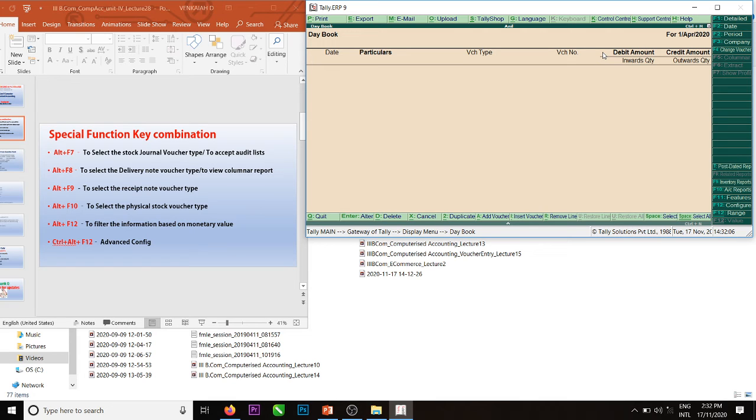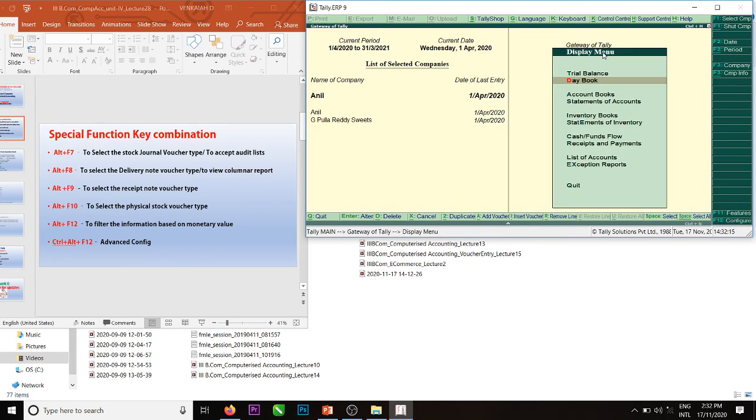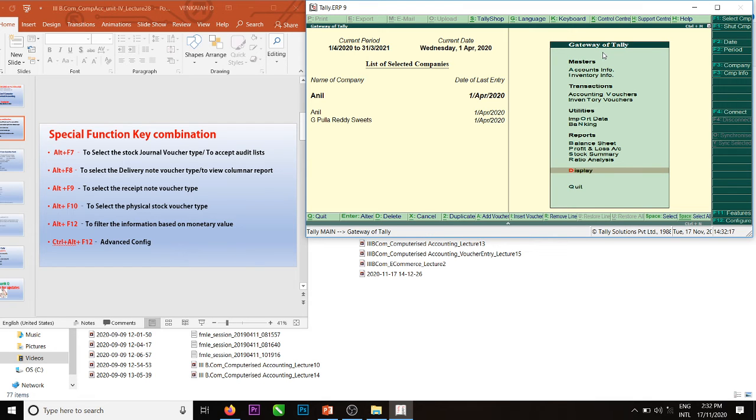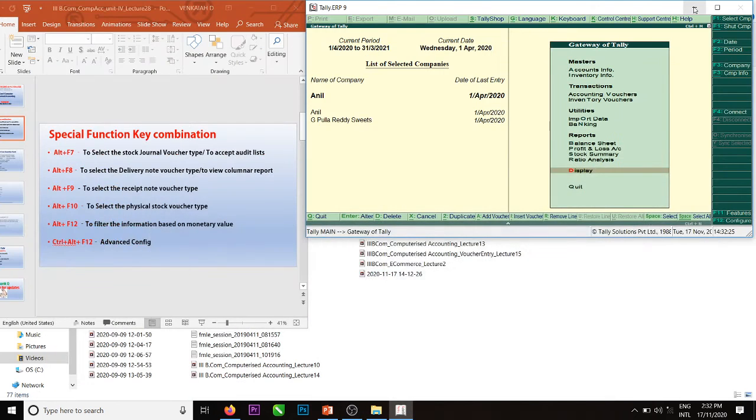A list of vouchers are there. Then we can make only filter or execute only the vouchers which are required for us. And these are the shortcut keys which we can easily understand.